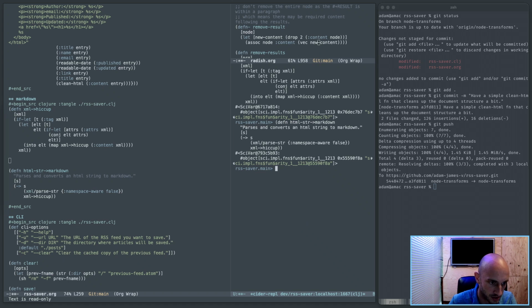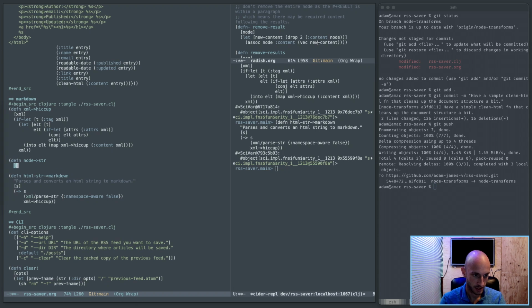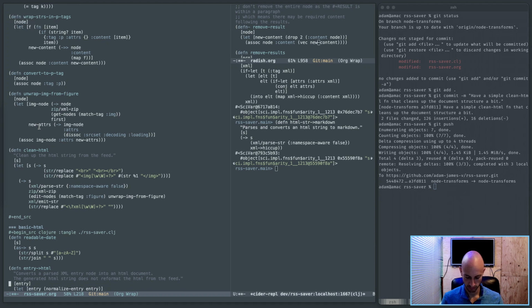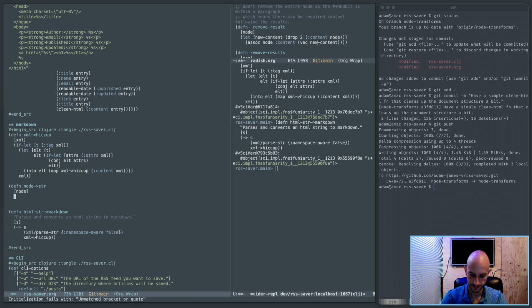What I want to do instead of any of this is do a little edit function that does node to string, take a node, and just like I'm doing here, basically. Node to string. I want